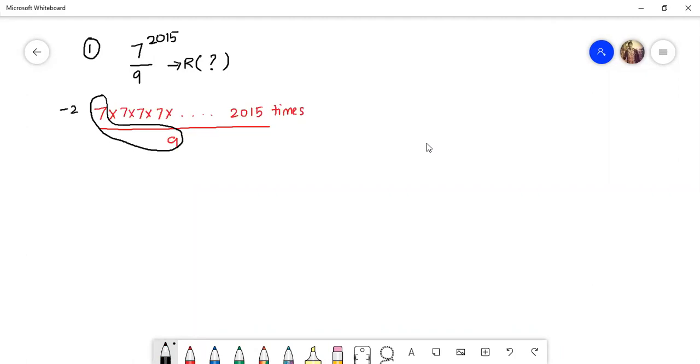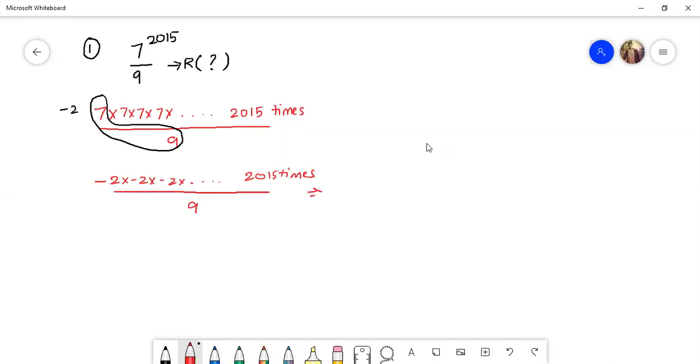Sir, why do you go for negative? Why don't you go for positive remainder? The reason is, correct question, Nandini. If I take 7 square, 49, 49 by 9 is also not close. 9 5s are 45, again you'll have 4. So if you want to continue that way, you can. In my case, I want to go with 2, so I'm going with minus 2 there. So minus 2 into minus 2 into minus 2 into so on, likewise 2015 times divided by 9.